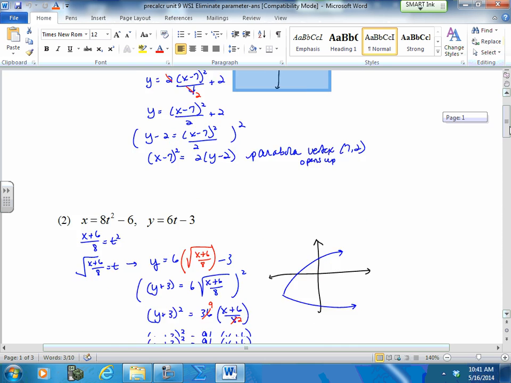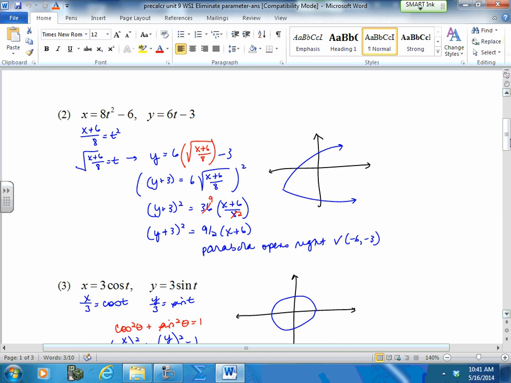Stop me if you have any questions. Okay, again, we have an x and a y. We have another parabola. So solve for t in the first part and substitute it into the t in the y equals. Now, because this was a y squared, you actually could do it the other way if you wanted to. If you're going to set up the parabola, only really in this part because this is where your square is. If you solved for t in this one,